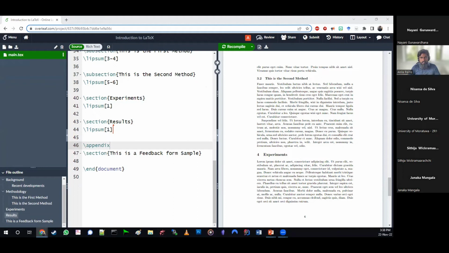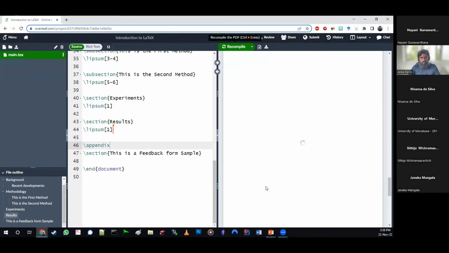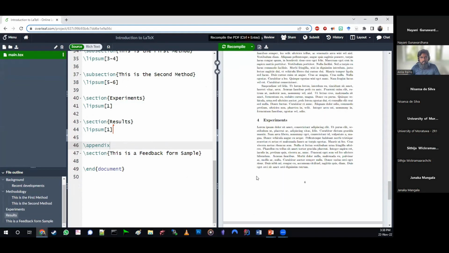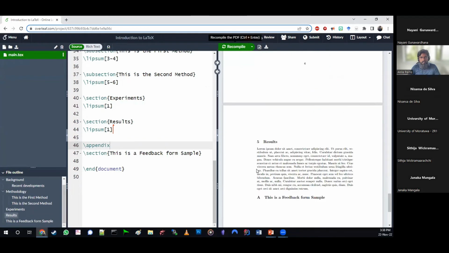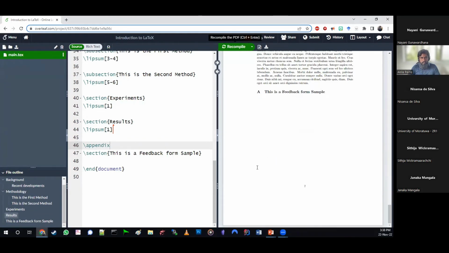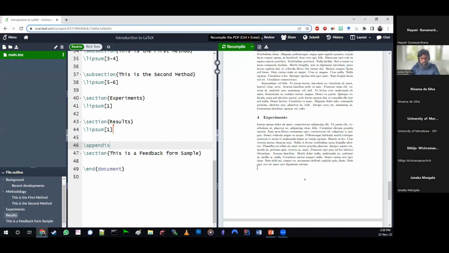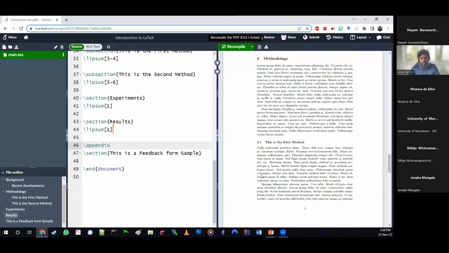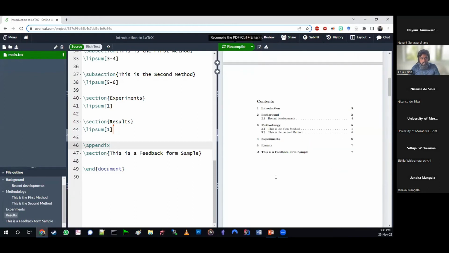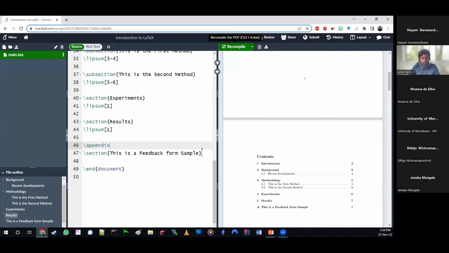Let's move down a little. Yes. And file. I think I will need it as well. So as you can see, the numbering has changed. Now appendices go as A, B, C, and so on and so forth in a usual manner. And you can see now it is all automatically updated as well.